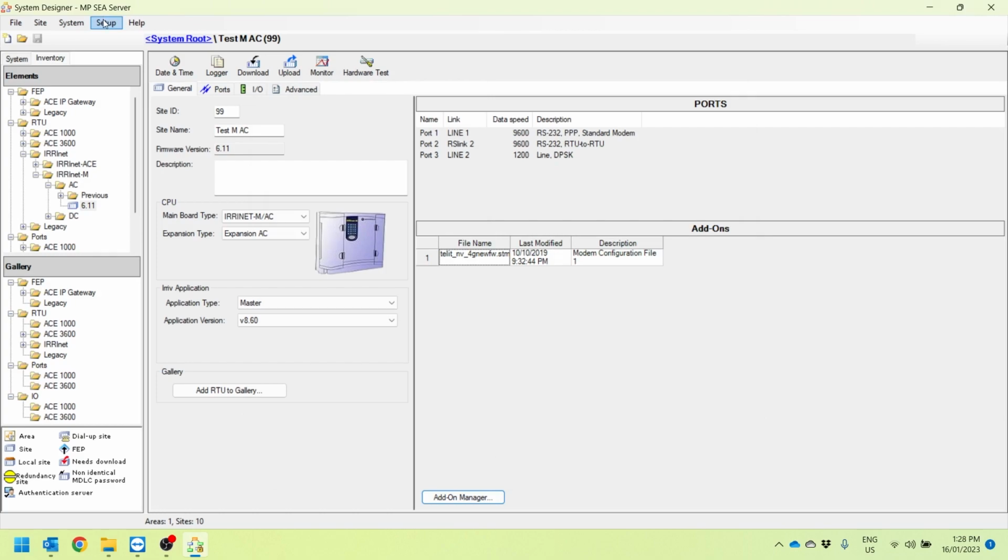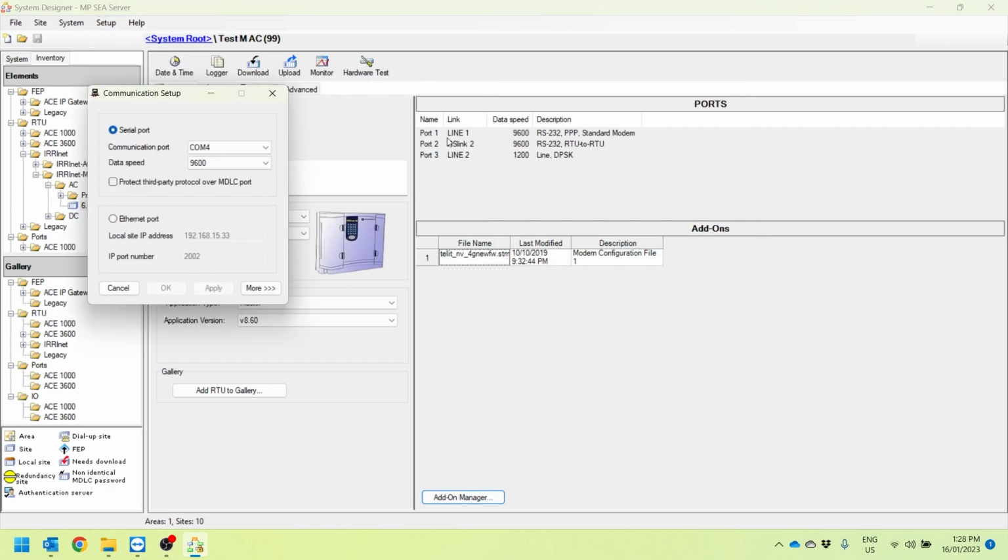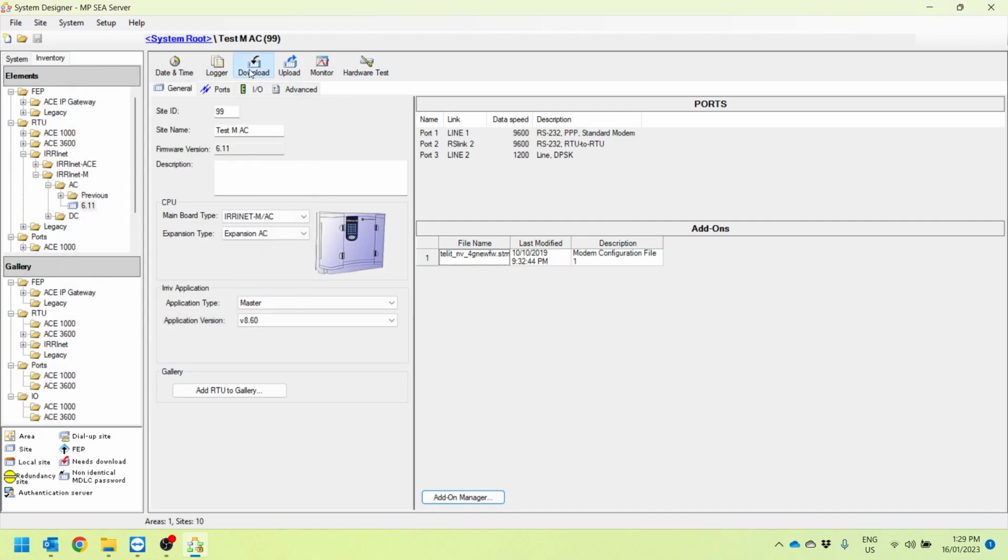So we'll just double check in our setup, com setup, and 57600 is our baud rate by default for port 1 after your unit has either been flashed or if you're programming a controller straight out of the box. So we'll just make sure we've got 57600. We'll hit OK, go to download,